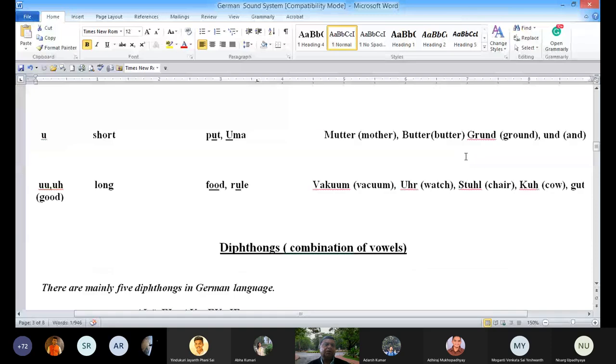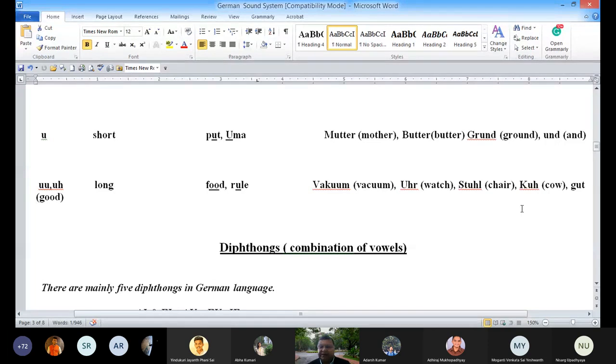And the last one is U, and in German we call it U. And short and long again. So short and long, we have this sound very well. You know this sounds. If you pronounce English word PUT, so what sound you are getting? Put means you are getting U. And then if you pronounce FOOD, then you pronounce food, or you pronounce rule. So put means U and food means U. So the difference is U and U. What we'll call hrasva, dirgh means short and long.